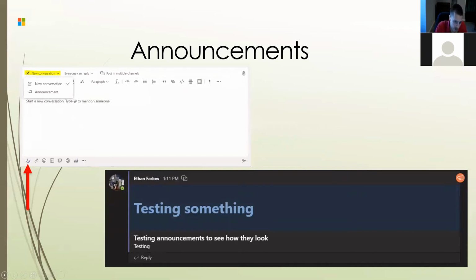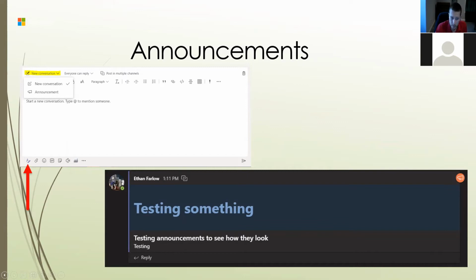So, announcements. This is something that I'm definitely not seeing utilized very often. And that is the ability to make an announcement, so make it bold, as well as make an announcement in multiple channels across multiple teams. So let's give that exact same example. Let's say I have a regular help desk here at ComTech, and I also have a help desk that's specifically designed for phones. If I want to let both of them know something, instead of putting one chat message in one team and then going to the other one and doing the same thing,